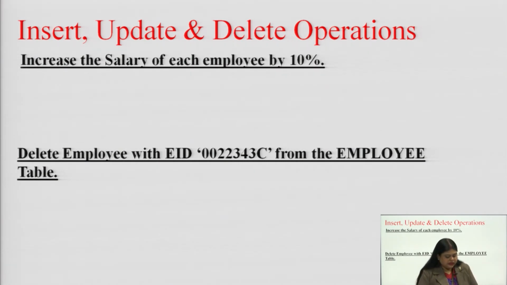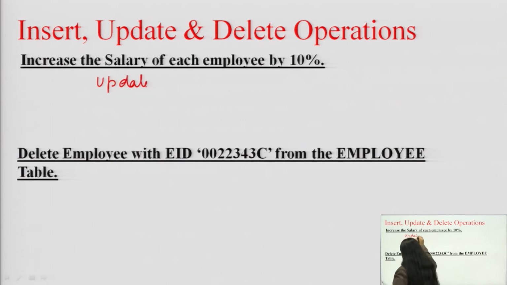Now, how does this update and set statement work? For this condition, we will say UPDATE employee SET salary